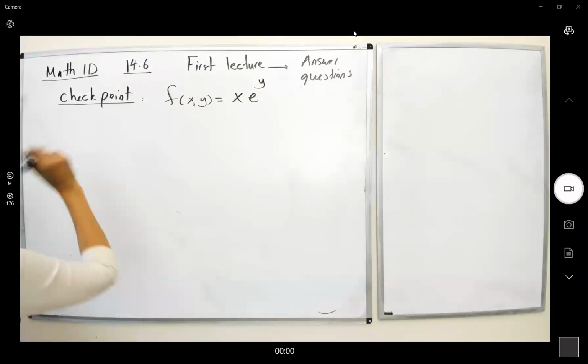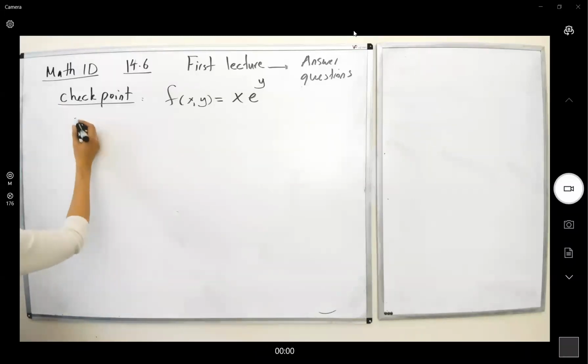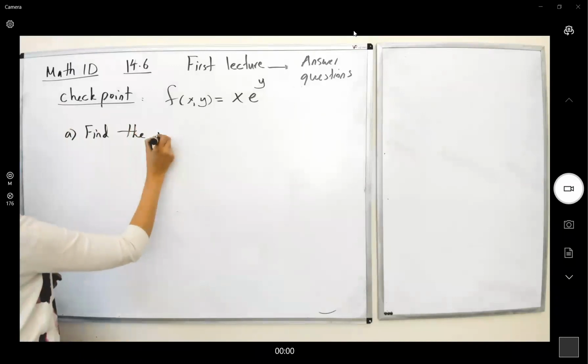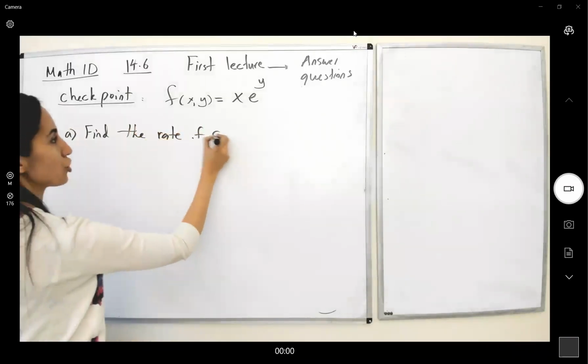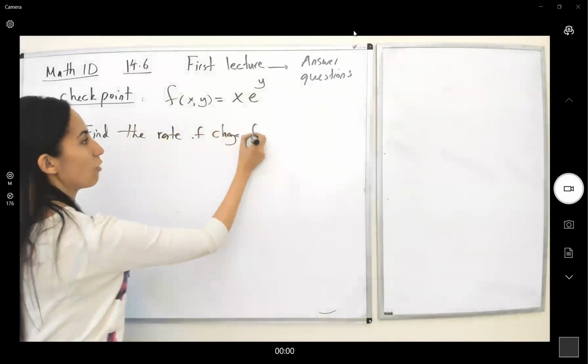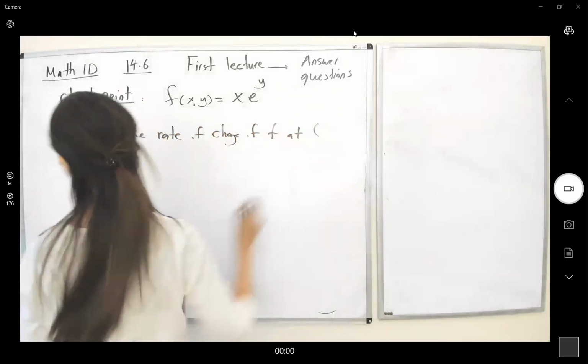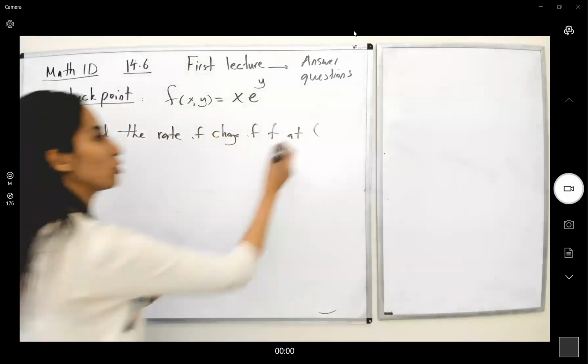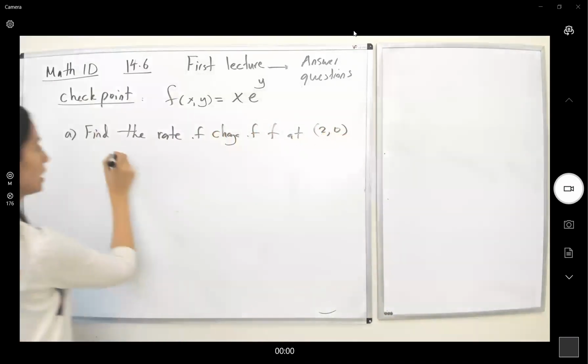The question says, find the rate of change of f at the point, of course, we need the point (2, 0),